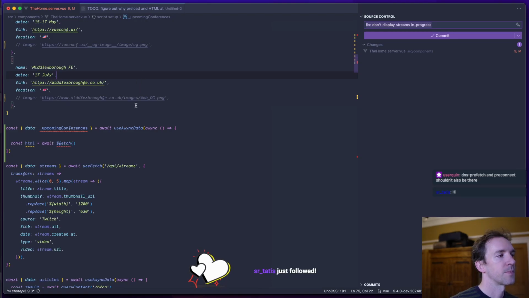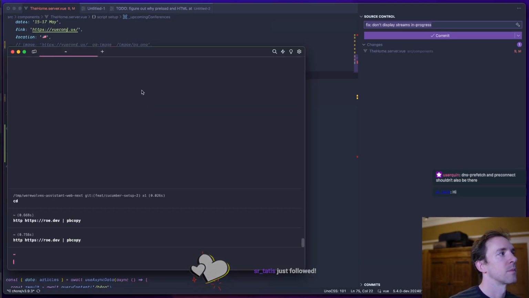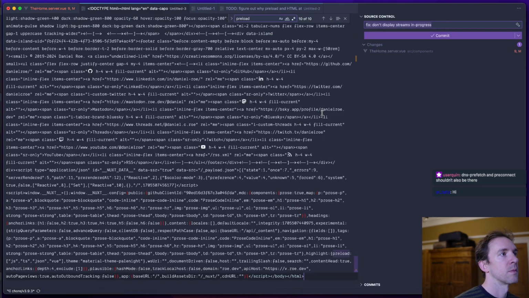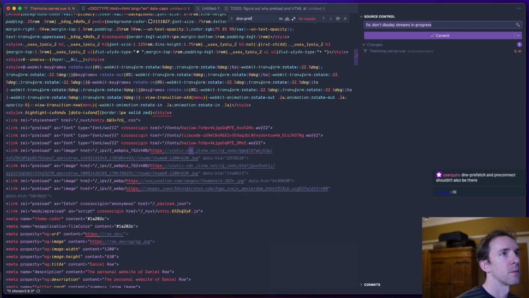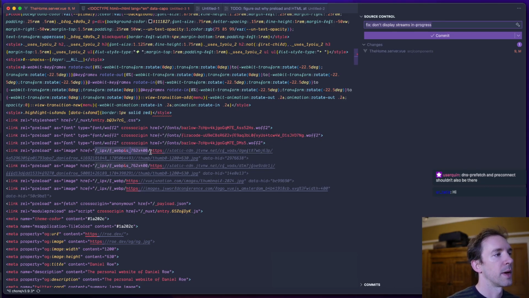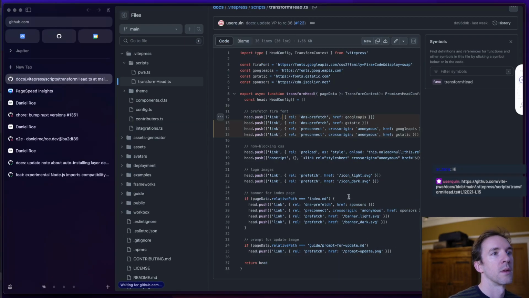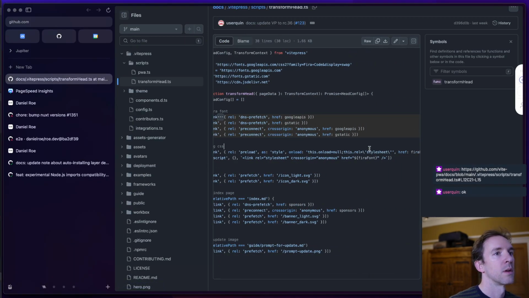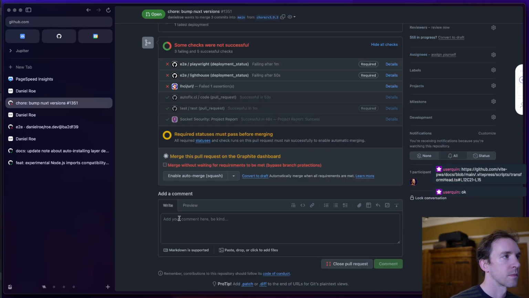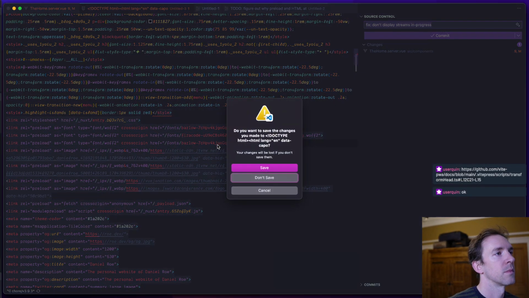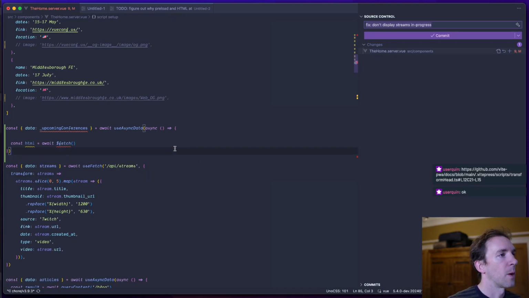DNS prefetch. Why should that be there? It is on my server. It is a local image. It's not being served remotely. Okay, so const